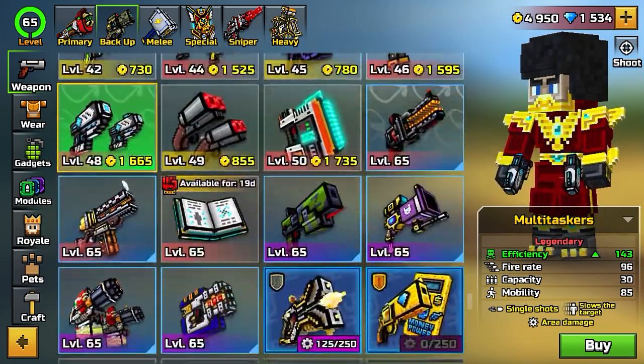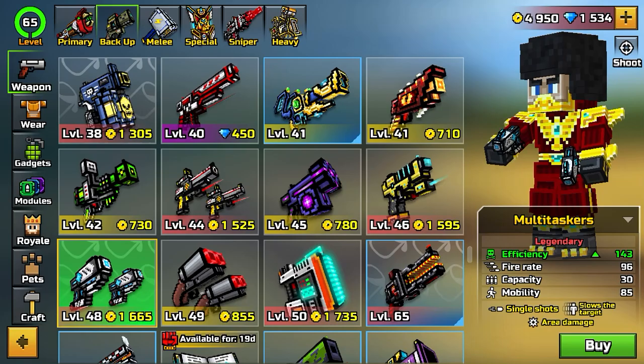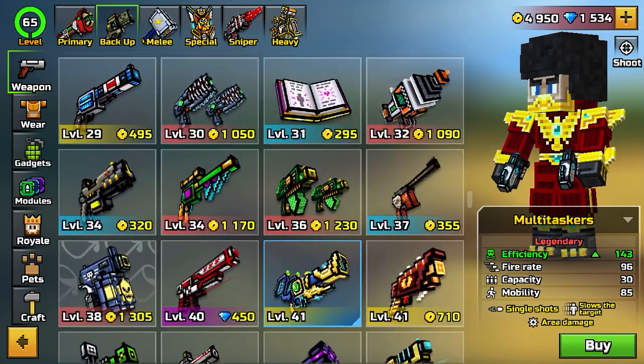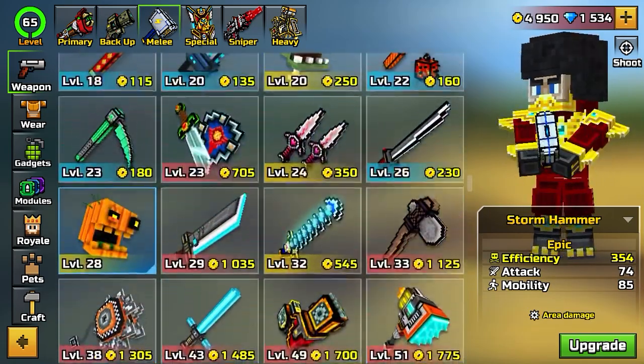And the same for me. So say these came into the traders van for me, they won't be level 48, they'd be level 65, so I won't have to upgrade them. For melee,